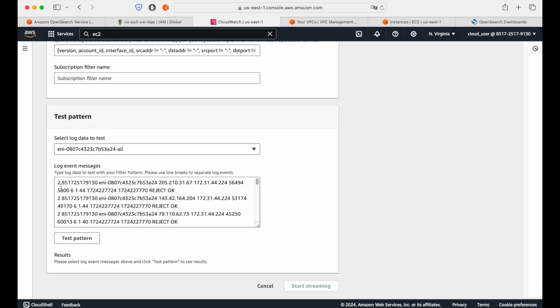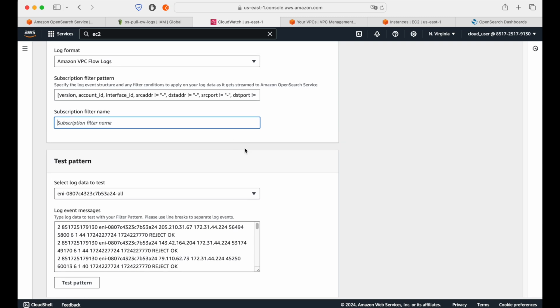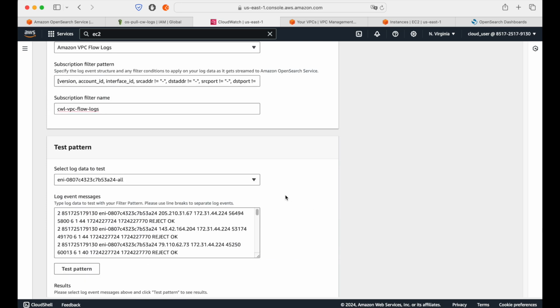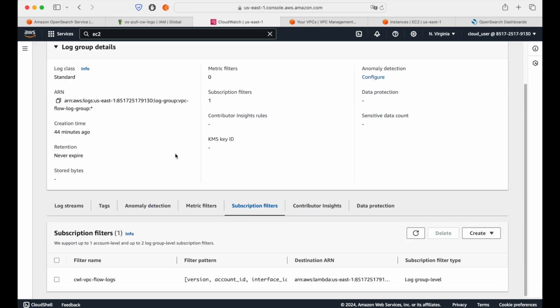And you see here, it has already streamlined the log, everything. And it will go like this in the streaming. So I think I have to give a subscription filter name. I will give the subscription filter as CloudWatch logs and then VPC flow logs. And then I will start streaming the data. I will start streaming now. The log group, the VPC flow log group or the VPC flow log, will go to our dashboard,